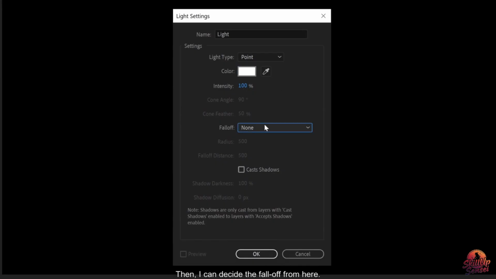I usually keep it 100. Then what kind of fall off I want. I can also decide that here. I usually keep it on smooth. How much radius do I want? 500. Fall distance, okay. And I turn on cast shadows, so that whatever object